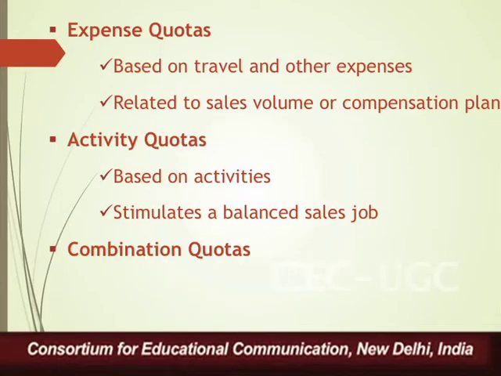The third kind of quota, students, are the expense quotas. Now, what are the expense quotas? These are the quotas that you assign for controlling the expenditure in relation to the sales. So, what you are doing here, you are trying to establish a quota or a target on how much the sales representative would be spending on his travel, on his entertainment, on his other nature of direct expenditure like food or lodging and so on and so forth.